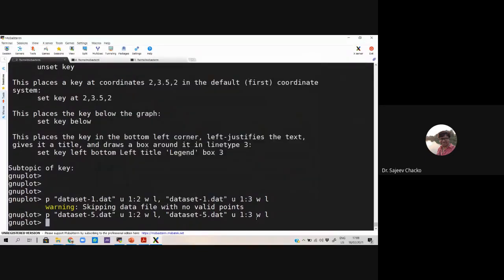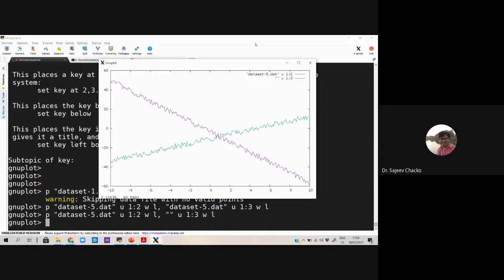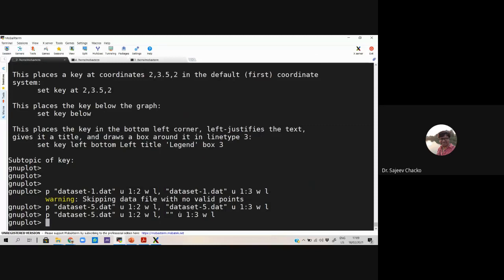But then there is a shortcut to this also. Since it's the same file name, I don't have to give the file name. I just have to say double quote, and it will show double quote here, but it's the same file name, so it will plot from the same file. This way I can plot multiple data from the same file and get the plots ready.